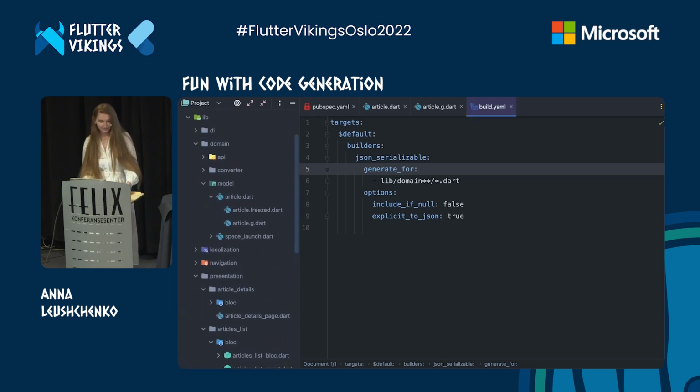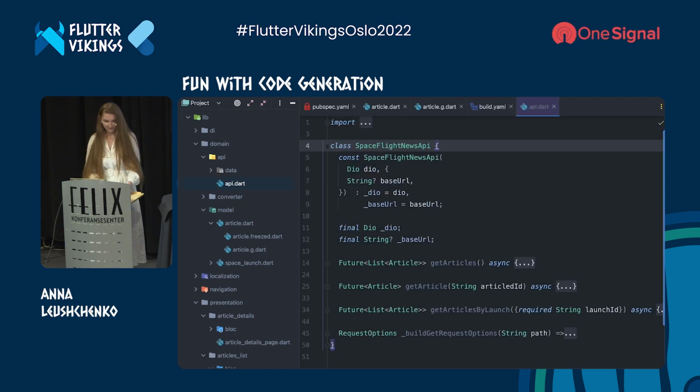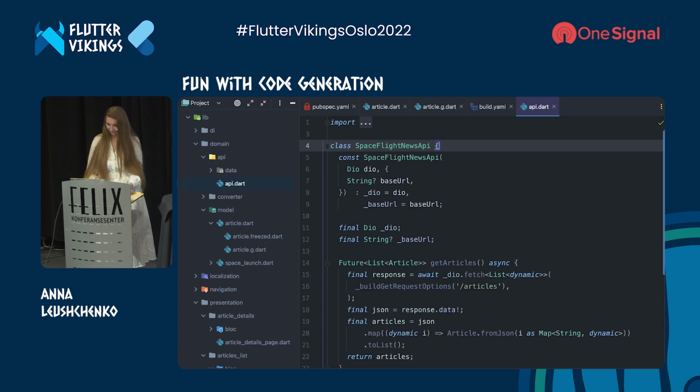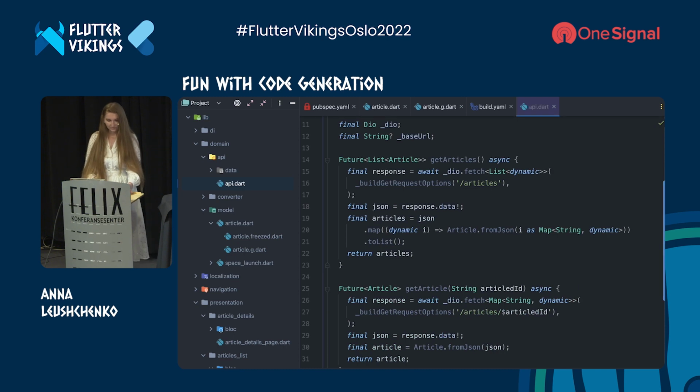Next, I'm going to refactor the Spaceflight News API, which performs GET requests to SpaceDevs API with Dio. As you see here, not only I had to specify the path, parameters, and return type, but also needed to call Dio fetch and JSON deserialization over and over again.